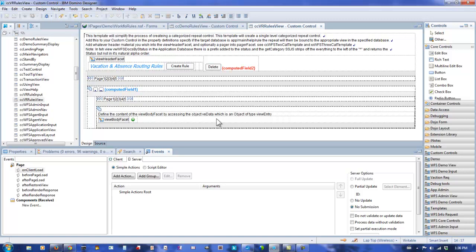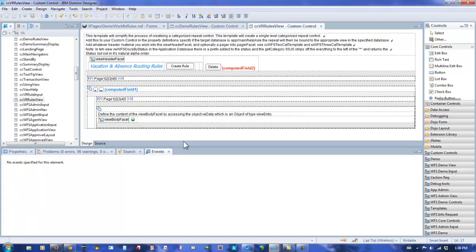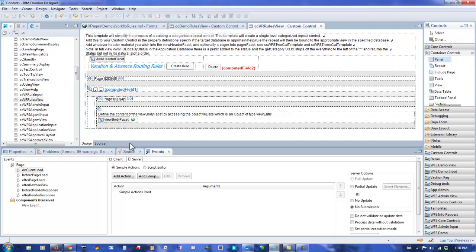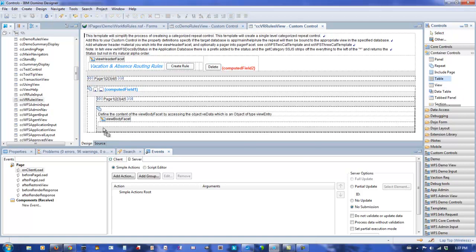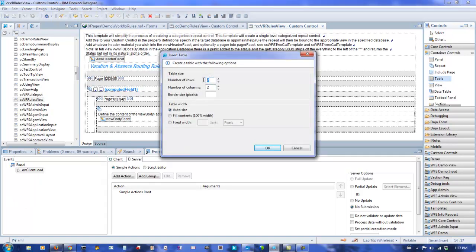Okay, here we are back in the designer in the VR rules view. What I want to do to begin with is, here in this facet, I've taken the computed field out of there. First of all, I like to just throw a panel in here. A facet, if you haven't worked with XPages, can contain only one thing, but the container that you put in there can contain many. So by putting a panel in here, it's pretty open and you can do just about anything you want. My next step is I'm going to put a table inside the panel,